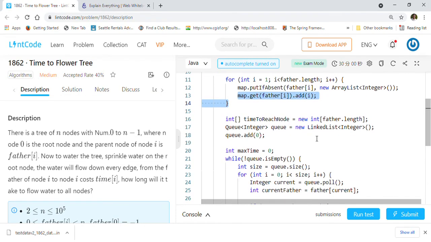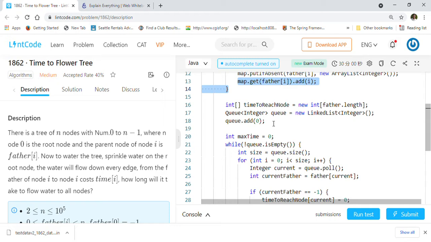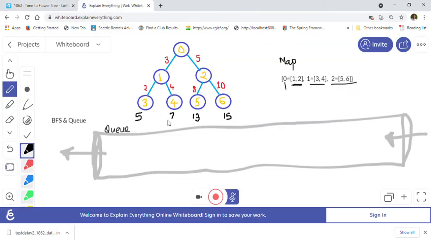And after that we will do our BFS, breadth first search. We will create a queue and add a child into the queue, and then we will iterate the queue, and we will create one array here, time to reach node, that I will explain to you. So how will the BFS work on this problem, right? In the BFS we start offering the nodes from the root, so we will offer the root node into the queue. We will offer 0, and at that time the distance will be 0, because for a root there is no distance to travel for the water to trickle down, right? So we will just add 0 comma 0 here.